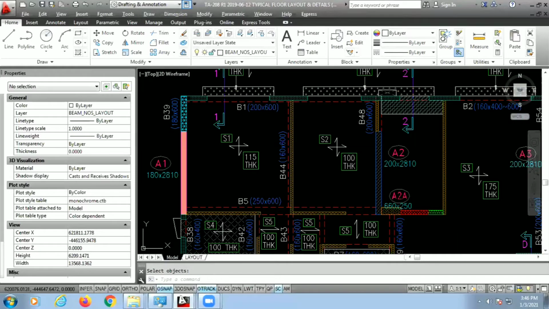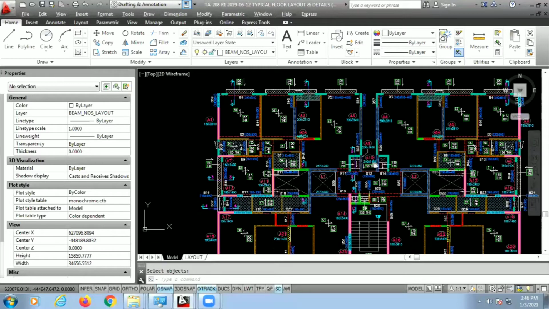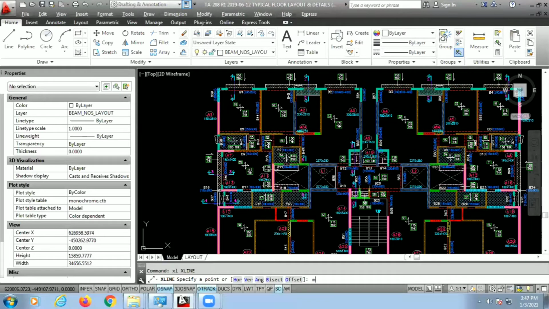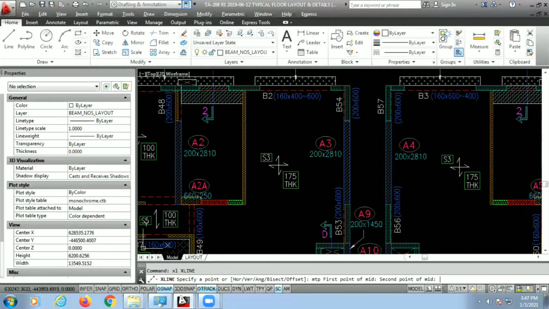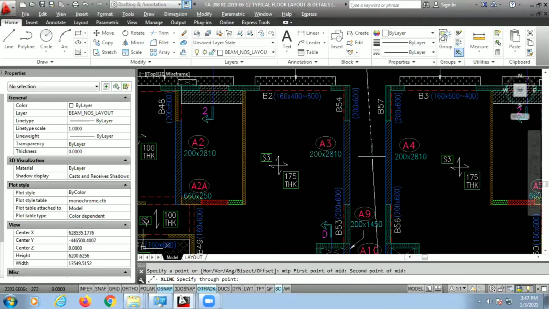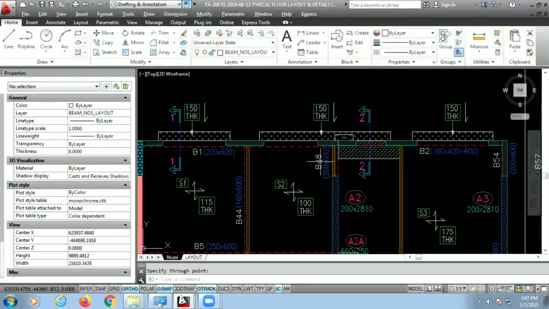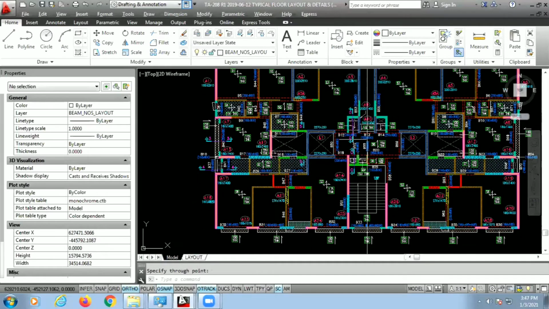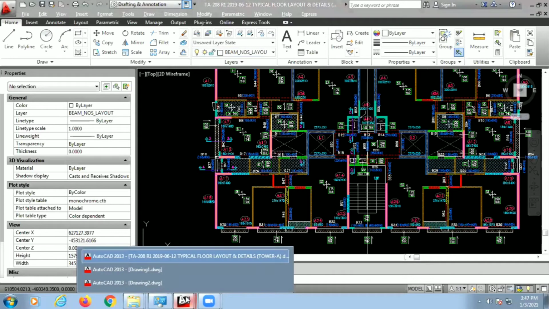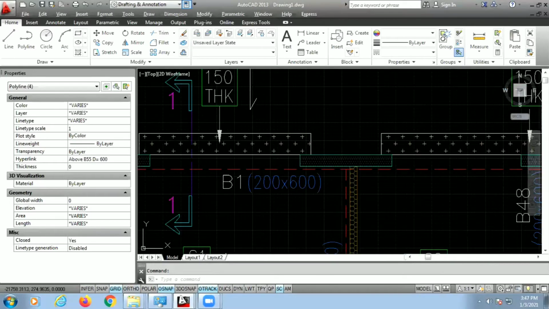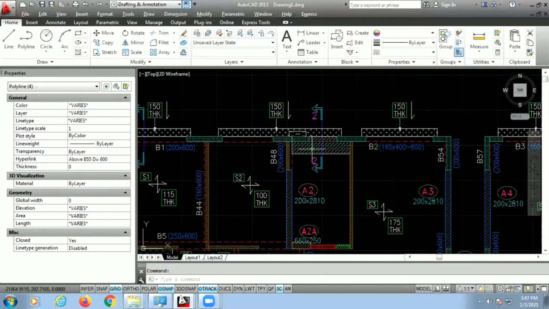We will do this procedure for half of my building because I can see that my drawing has a symmetry, which is symmetrical about this axis. I'll show you this. Take a reference line for that. You can see my building is symmetrical along this. So I will insert hyperlink for half of my building, and the rest half we will do directly by mirror. I have kept this ready over here by mirroring it. As you can see, we have inserted hyperlink in this whole drawing.